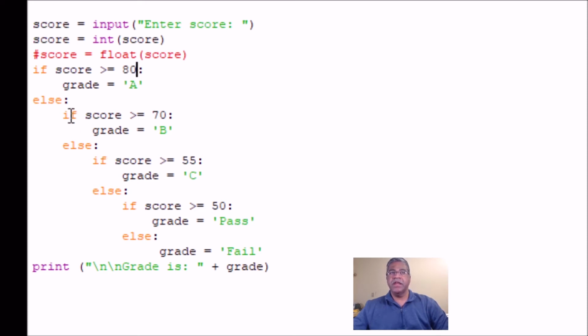Okay, and again if, but notice how this if and this else are aligned. Then this grade, because this is aligned with this, okay, else if score is greater than or equal to 55, then you have C. Else then if you have a score greater than or equal to 50, so if we have 54, for example, you're going to have a pass, and else the grade is fail. And you see the step down, the way it works is we have 80, 70, 55, 50, and if not,